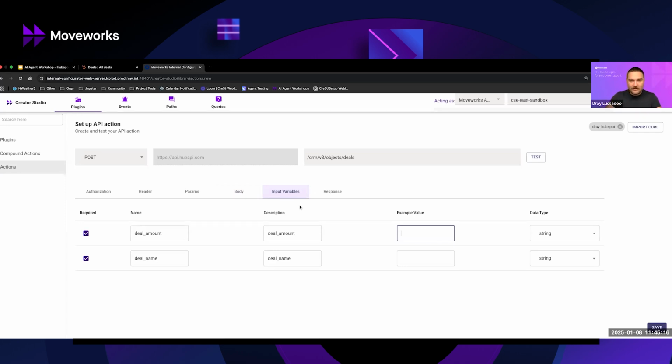So for deal amount, I'm going to go ahead and put the same amount just to keep things easy. We'll call it 100,000.00. And then for deal name, I'll call it example deal. I think that matches the format of calling it an example value. So, all right, now that we have these values set,